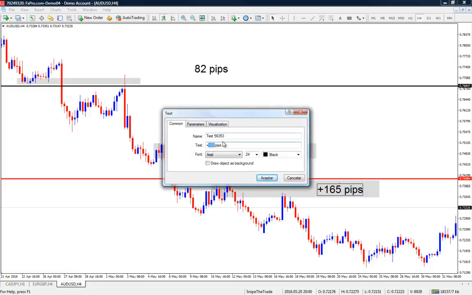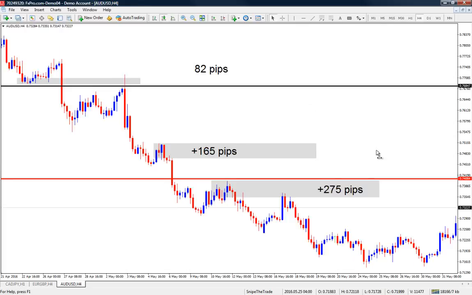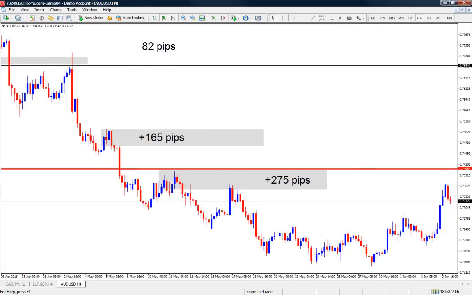Okay, remember that we are not using targets, we are just using supply and demand zones as well as our trailing stops. And remember that this works better in higher time frames because you are going to be gaining much more pips than on the lower time frames. And on the lower time frames, the supply and demand zones are not as strong as in the higher time frames. So basically what we're going to do here is wait again for price to create a new